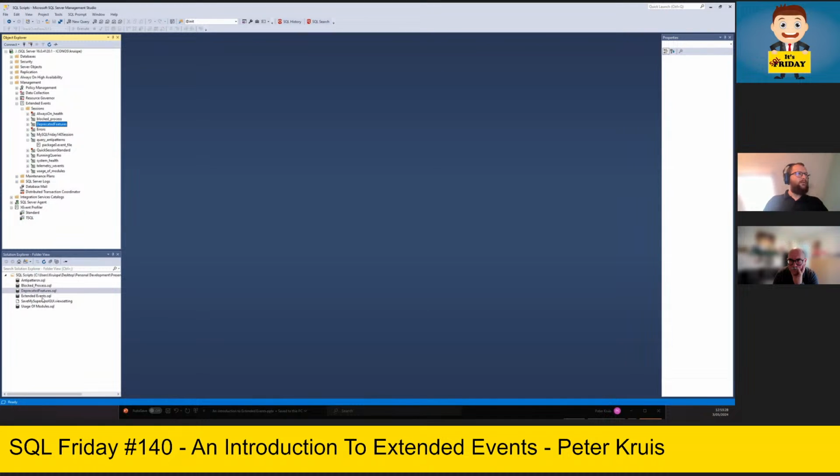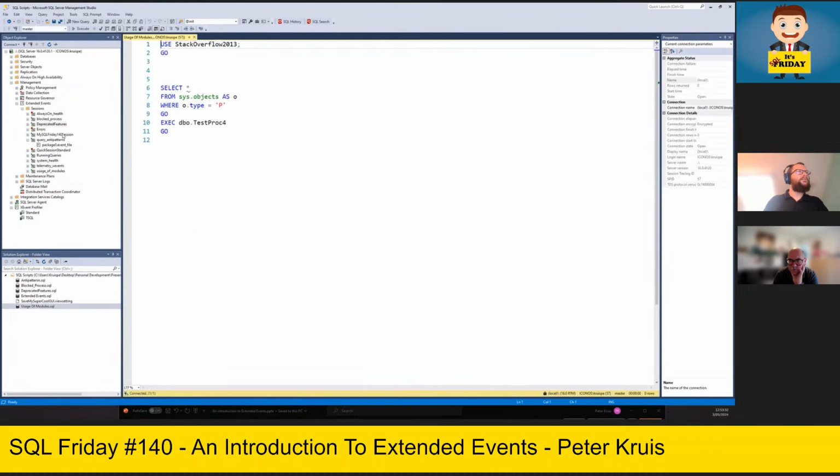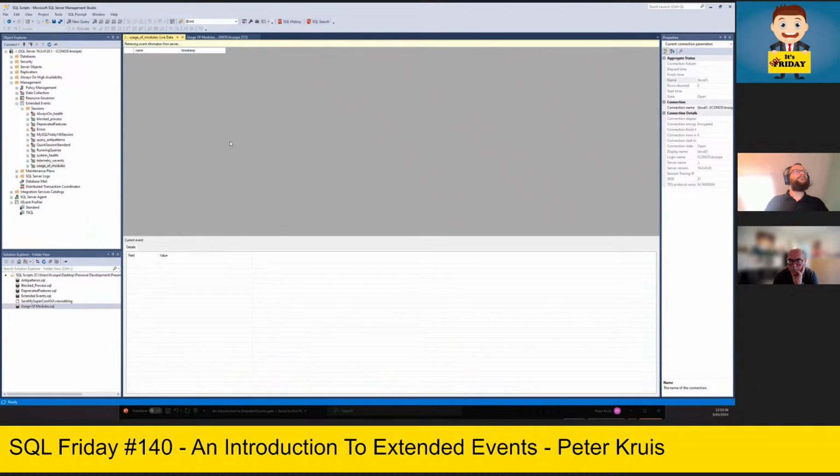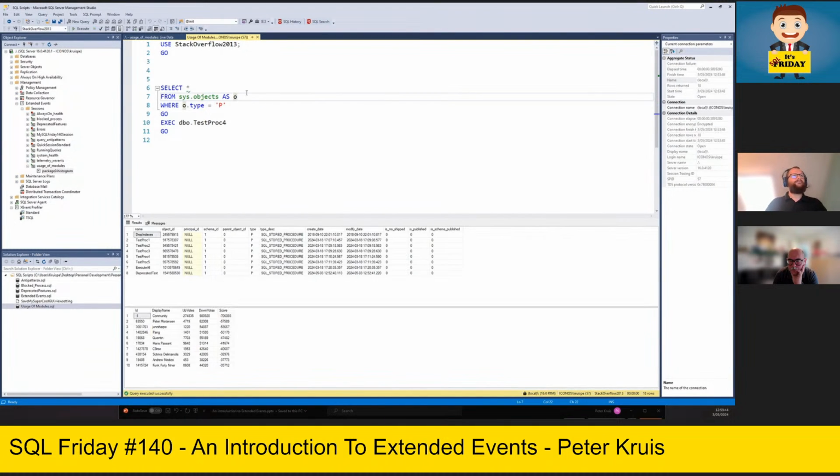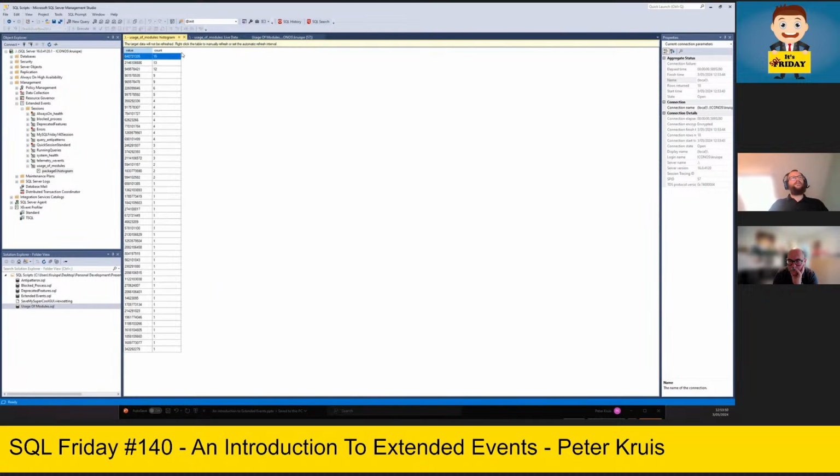And do we have another one? The usage of modules. Yes, that's this one. And here I have used the histogram, so I can use it several times. And when I go to my histogram, I can see, okay, I have this object and it has been executed 15 times.